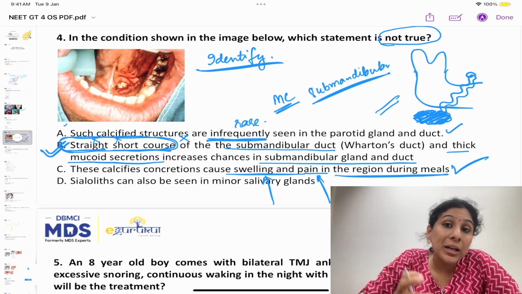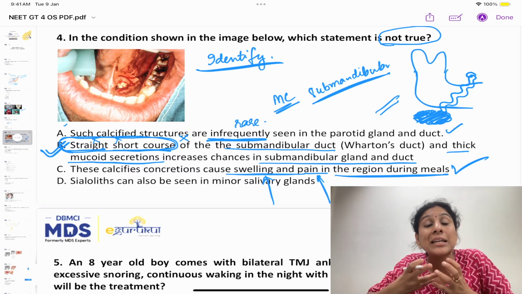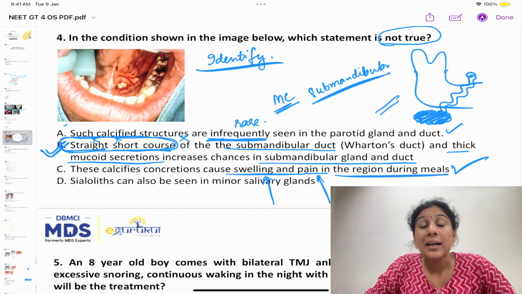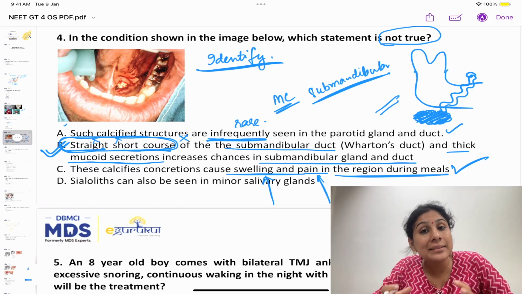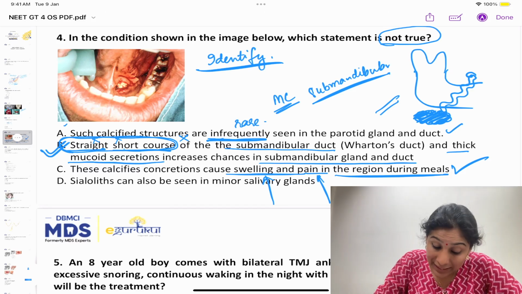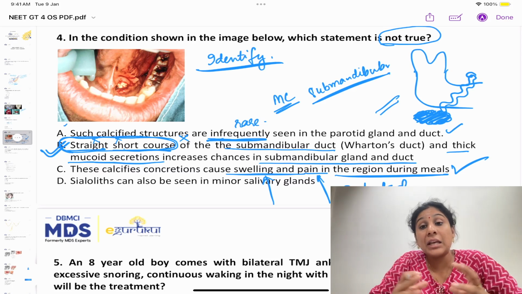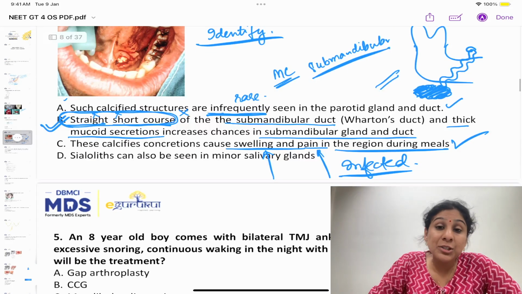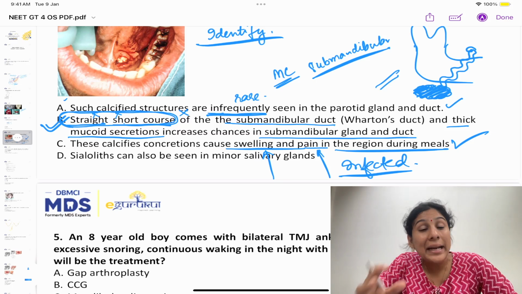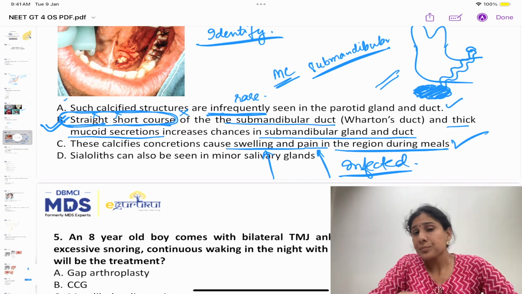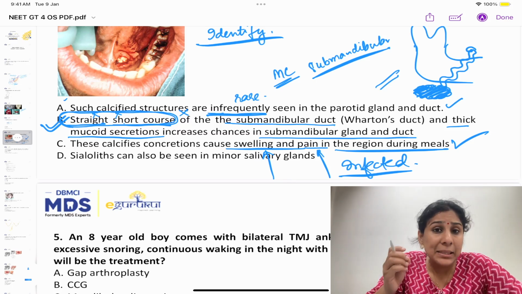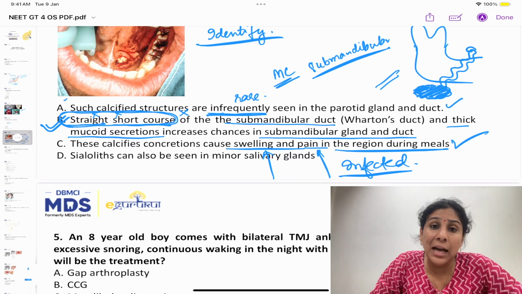Because the saliva is not able to come out, it causes pooling and it causes swelling. Alright, and these collected saliva can also get infected. So it becomes an infected sialolith which can even form abscess. So swelling, pain, tenderness, abscess, these are all the symptoms that you can see with the sialolith, and only